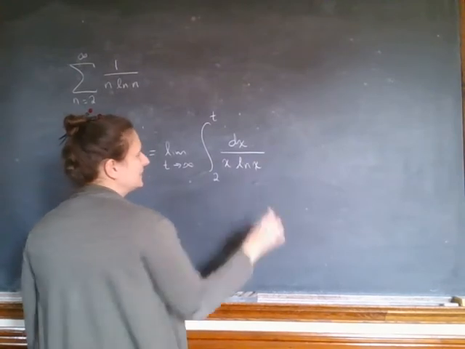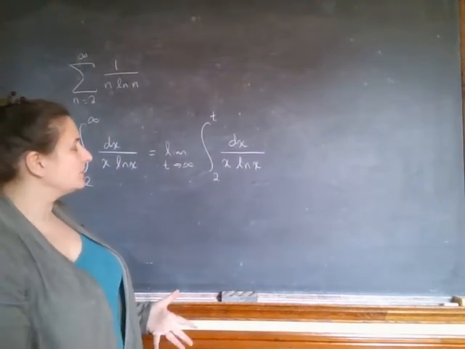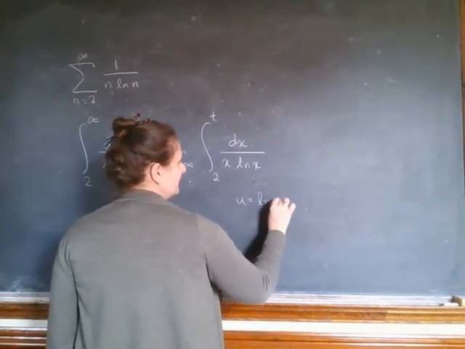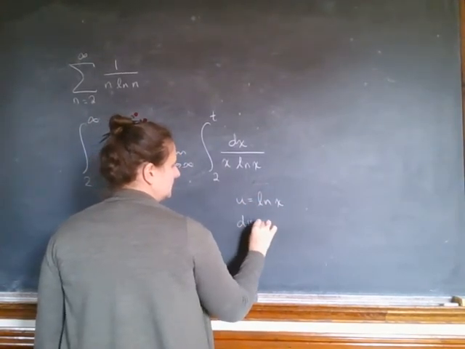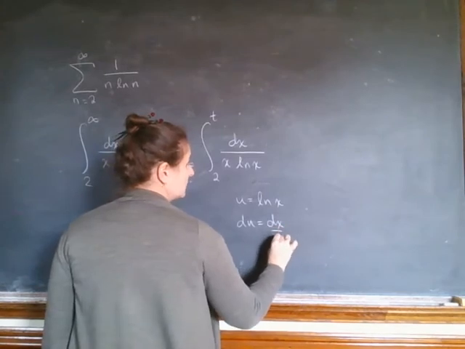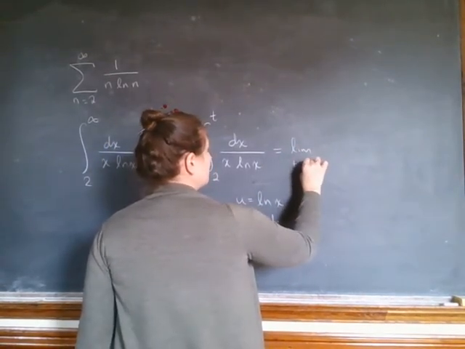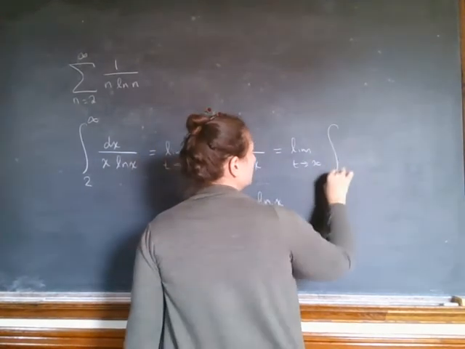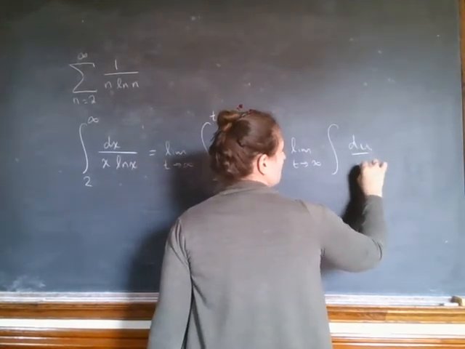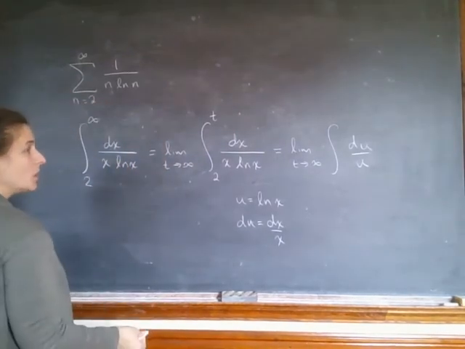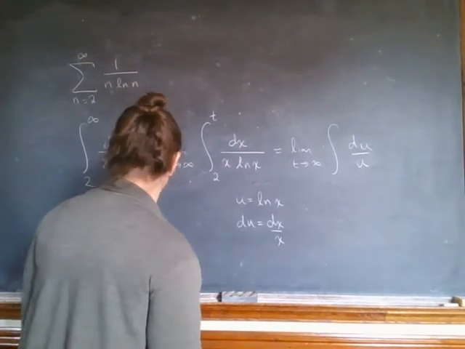This is actually an easy integral to do if you recognize it. It's a u substitution. If I let u be natural log of x, du is dx over x. So this becomes du over u, which is natural log of u. Okay? So this just ends up being